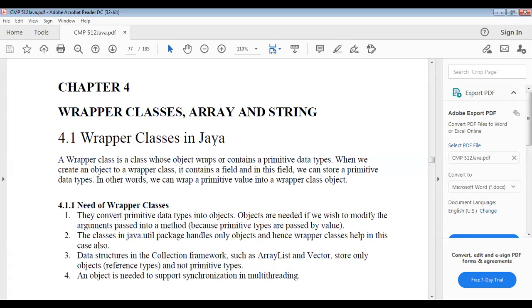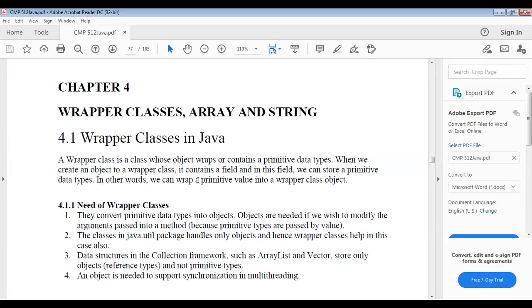A wrapper class in Java is a class whose object contains the primitive data types. When we create an object of a wrapper class, it contains a field, and in this field we can store a primitive data type.